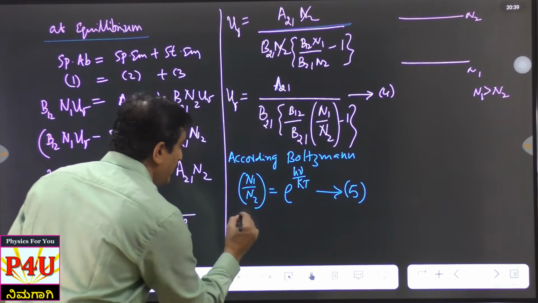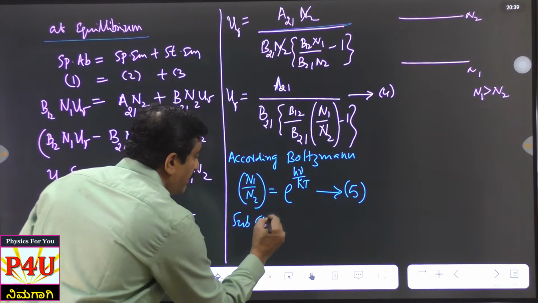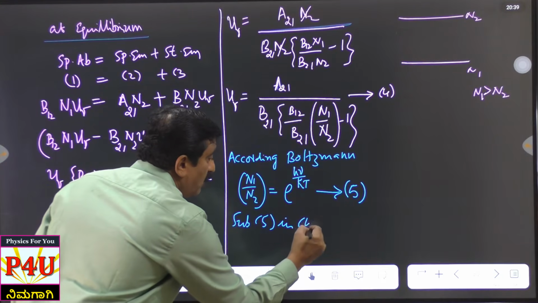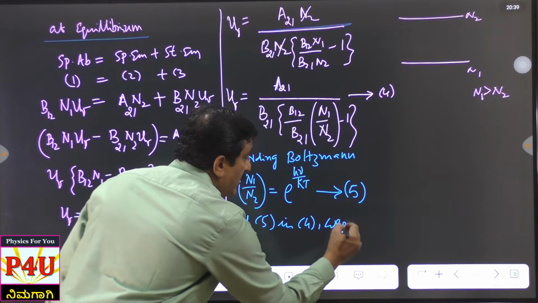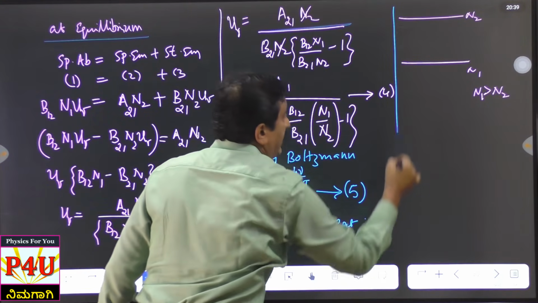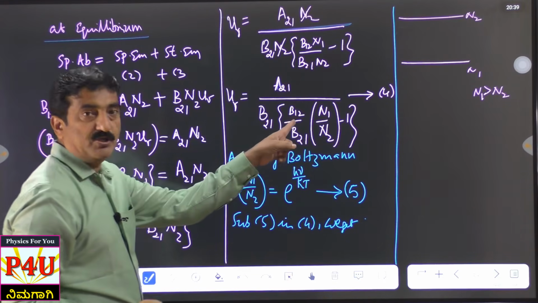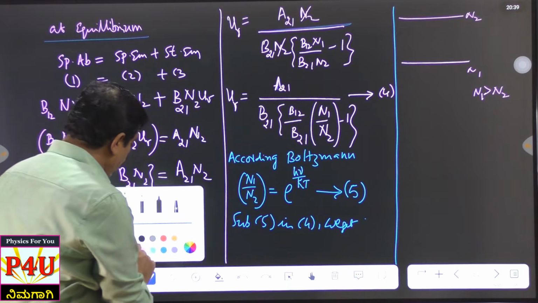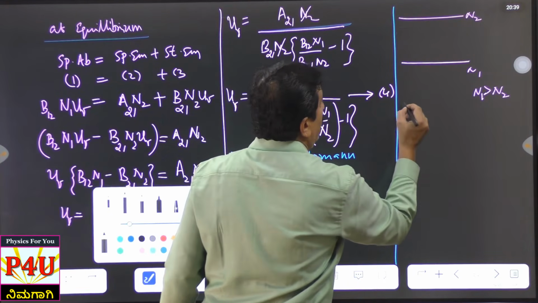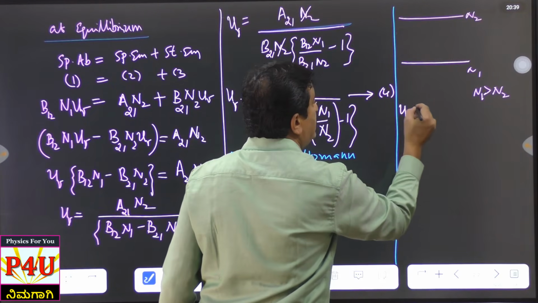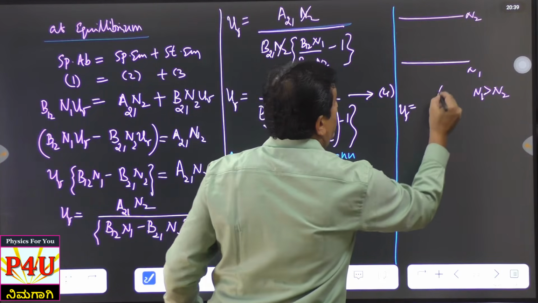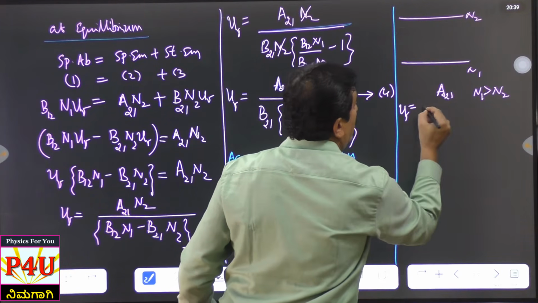I substitute equation 5 in equation 4. We get, so now let us proceed. What happens? Now I take this and substitute it here. So when I do that, I get U gamma is equal to A21, that is numerator, A21 whole thing divided by,